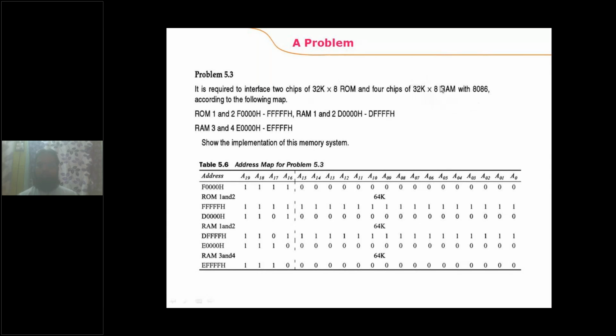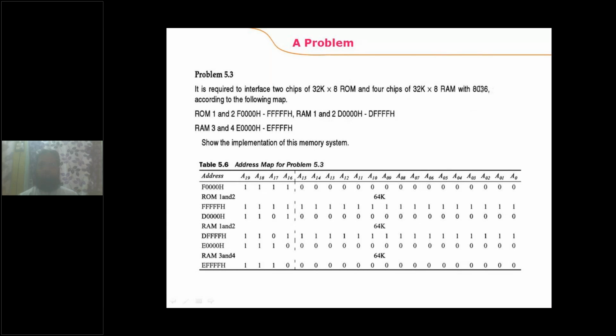So totally, how much memory is being connected with the 8086 microprocessor? 2 x 32 is 64, plus 2 x 64 is 128, so this is 192 kilobytes of memory.